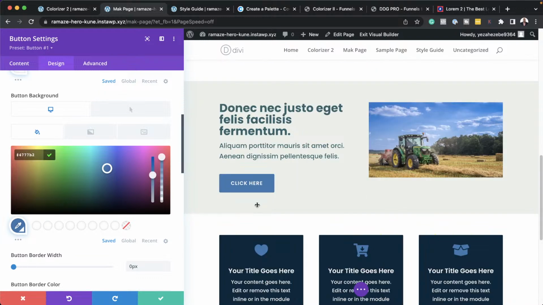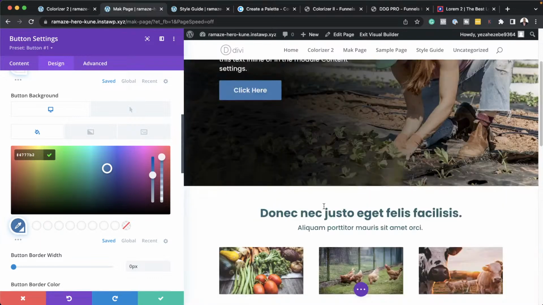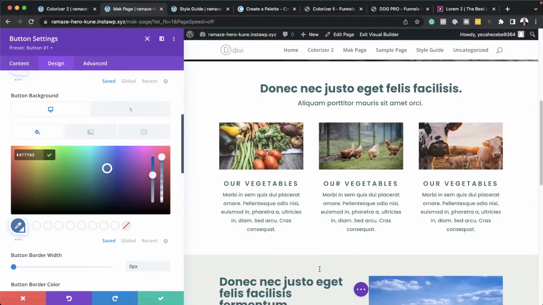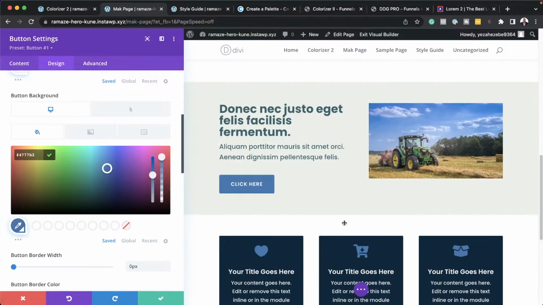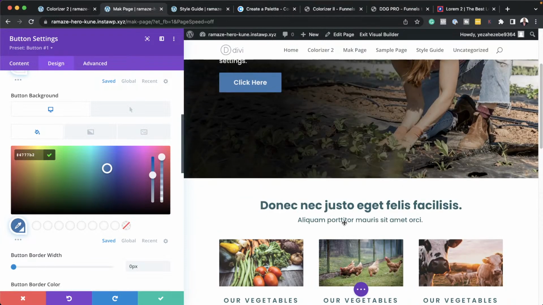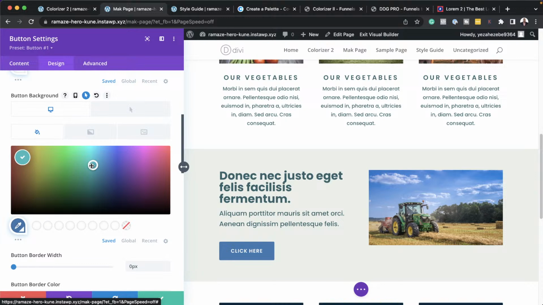So you can see now we have a blue button here. Okay. If we come over here to the top, it also has changed here. You see that? And let me change it one more time so you can see it changing in action. So this is where we are. If I drag,